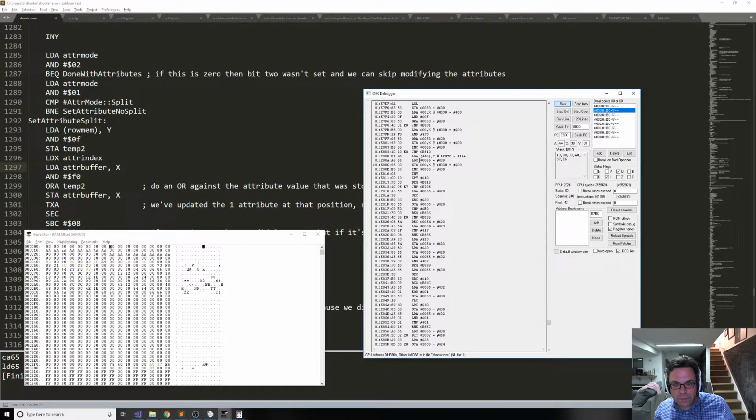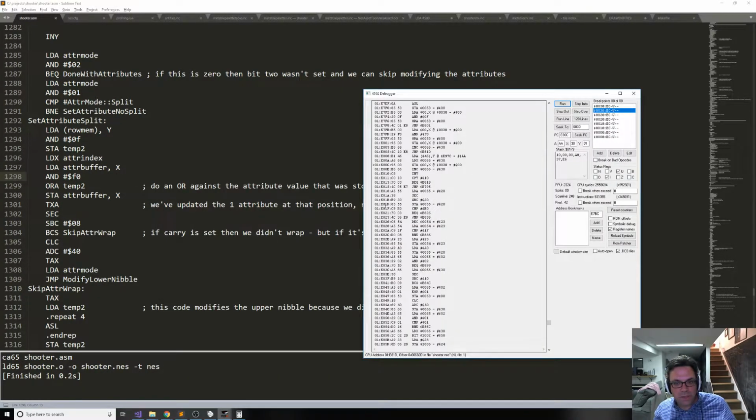Load X with attribute index, load attribute buffer X, and then it's doing the store AX. Okay, this is the F0 and then the aura, and then